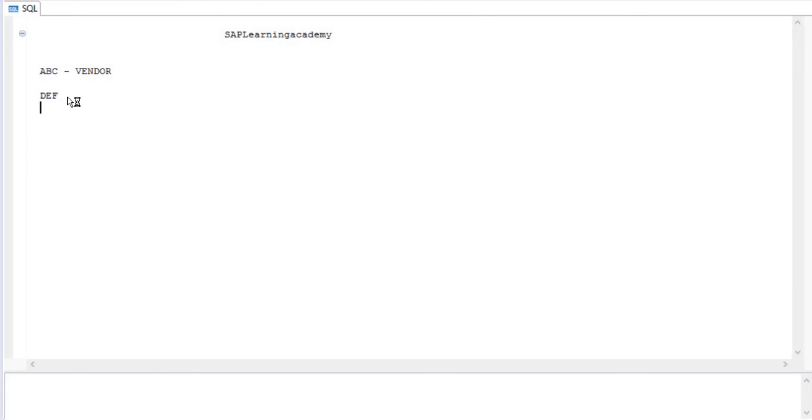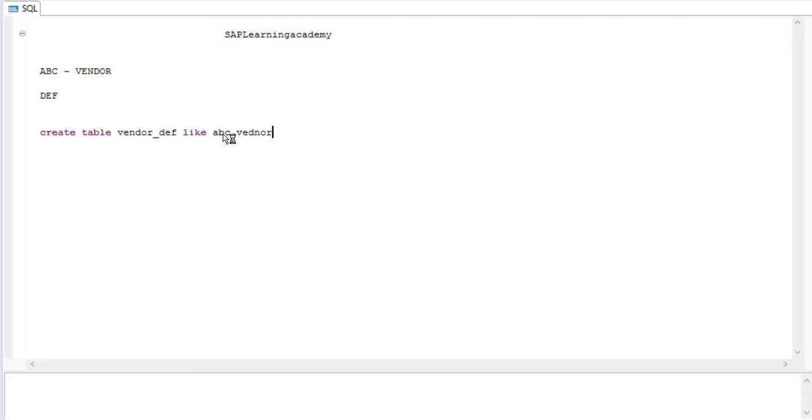There's a very easy way to do that. You can directly write an SQL. First you have to create the structure, a table like vendor. You can write create table, then give the table name, like DEF dot vendor, with the schema name and your table name.